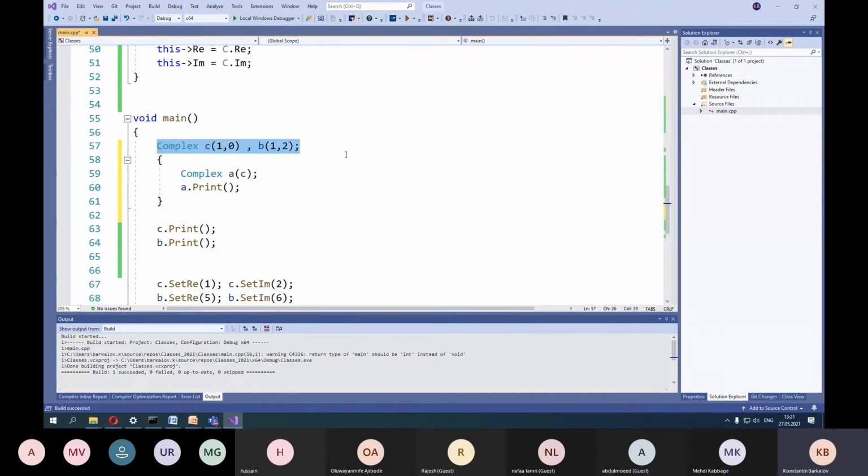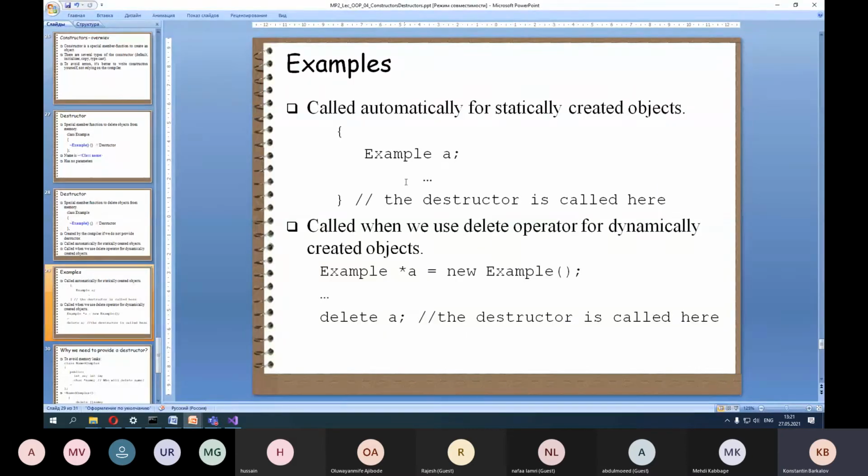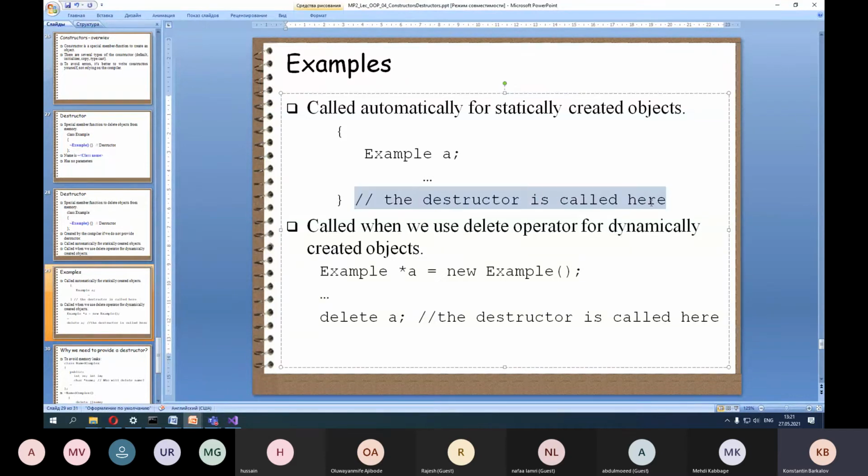Suppose that complex C and B are created here, but complex number A is created inside some nested block. What happens in this case? According to the rules of C++ language, the destructor is called at the end of the block, when this object becomes